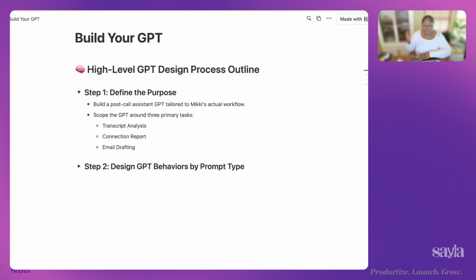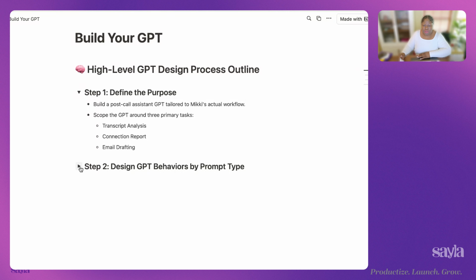So Mikki wants a GPT to help her manage her connections. And what this looks like is analyzing transcripts from those connection calls that she has, whether it's group calls or one-on-ones, and then having some sort of report for those connections, right? So if I'm on a call with Mikki and she realizes, you know what, you would be a really great contact for Michelle, and that was picked up on during the meeting, well, we want to see that back in the report. And then actually help with drafting the email, because if you're going to be good at doing referrals and stuff like that, you're probably going to have a way you craft those emails. We can have GPT help you do that.